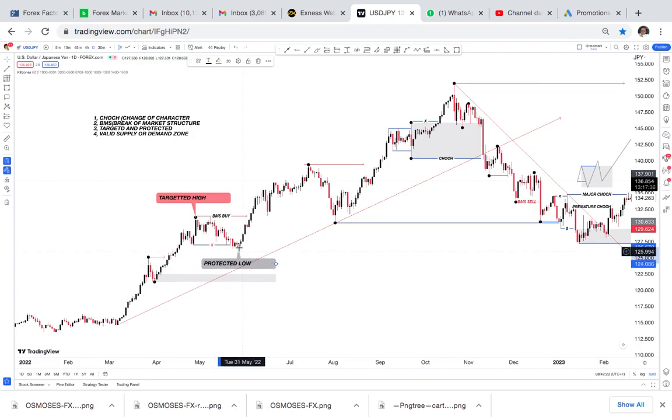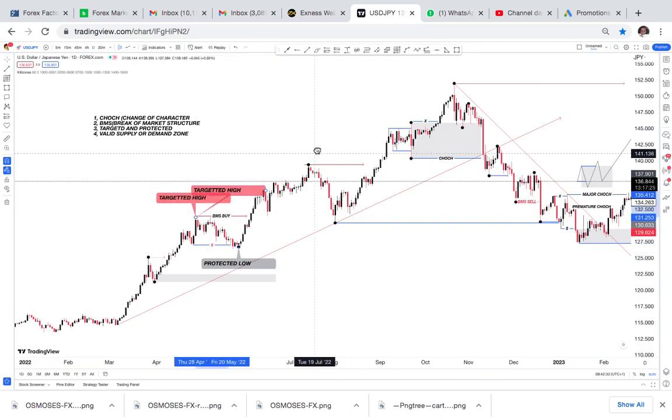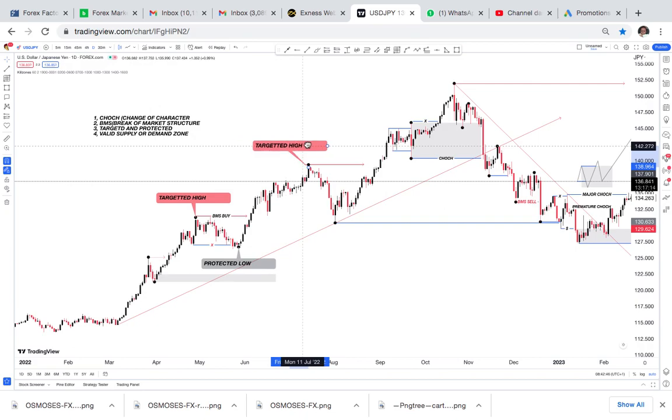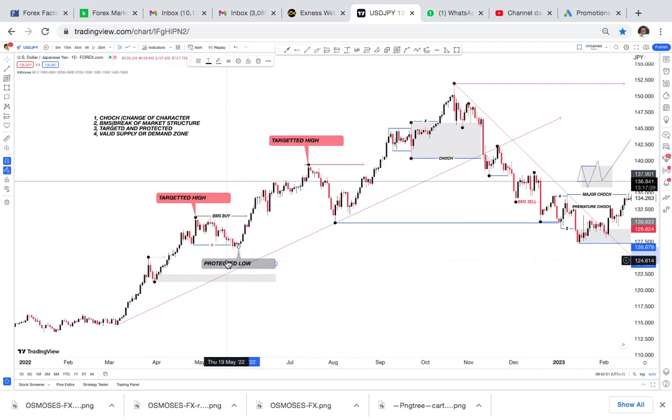The moment this low broke this high, I label it a protected low. Okay. So next target will be where? This high. So this high becomes the next target. So what I do is I duplicate this so that I can continue my trend. This is targeted high, and this is the next protected low because this also took out